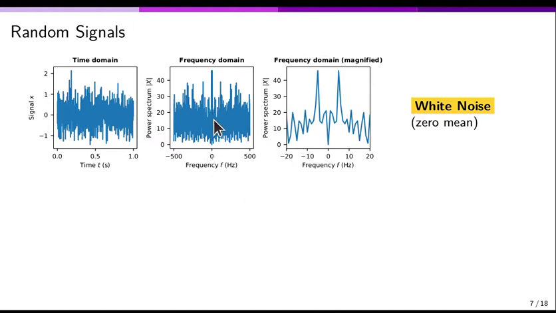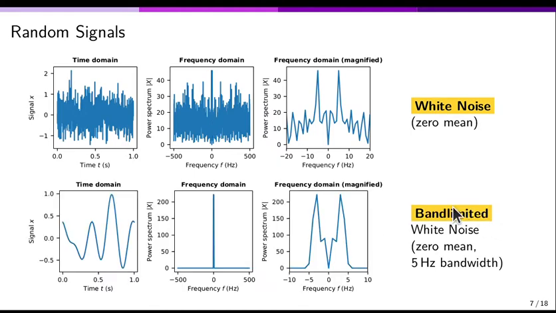And our hope is that maybe that's not what we want for a random signal. Maybe what we want for a random signal is something band limited. What do we mean by that? I mean that there's only a range of frequencies present. And in particular, to make a random signal that's still vaguely realistic,